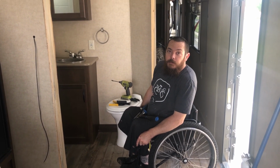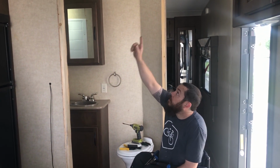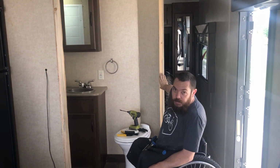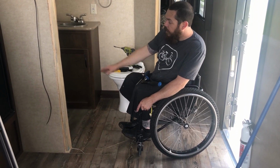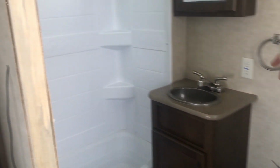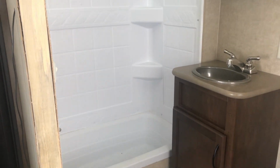Alright YouTube, we've just completed cutting back the wall, relocating the wiring, and buttoning up the side wall. So now we have enough access both to the toilet and to the shower. So if you want to come in closer, we've removed the door, paneling, glass, relocated the switch,